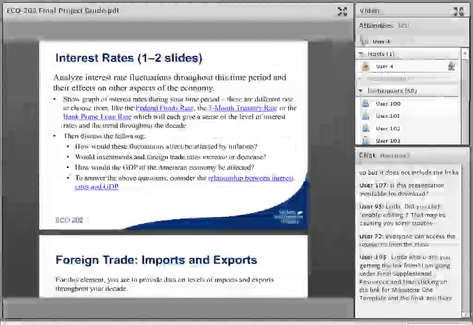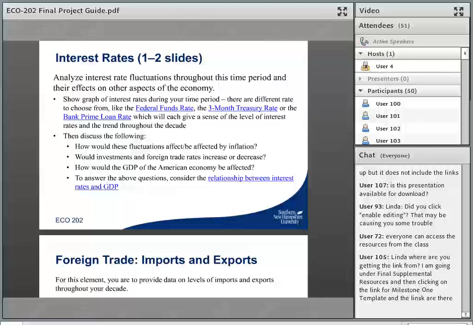All right, so the very last slide is on interest rates. This one says 1 to 2 slides. Most students actually are able to fit this on one slide, so I wouldn't try to stretch this out into 2 slides unless there's a couple of different things you want to specifically talk about. But for the most part, just like with above,